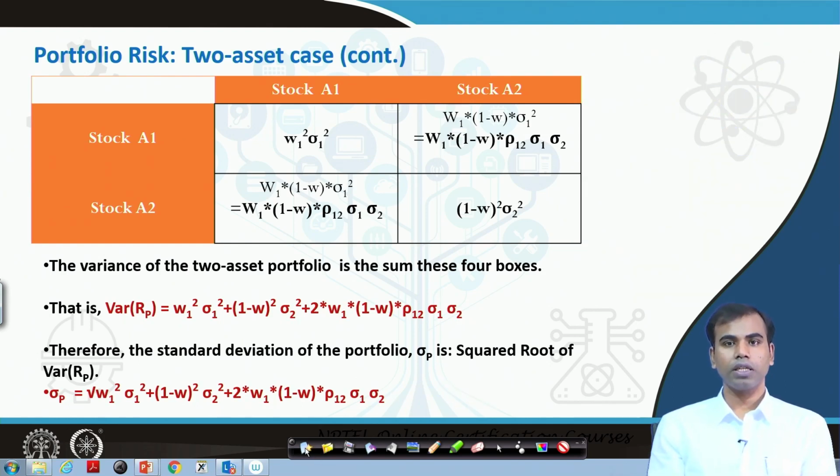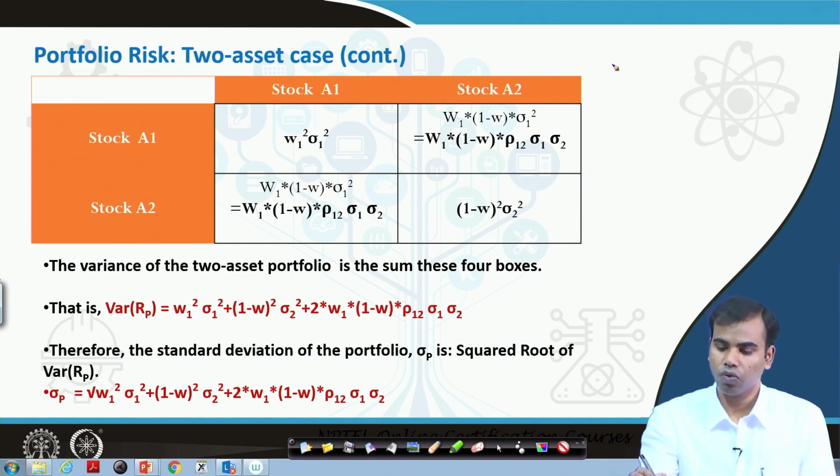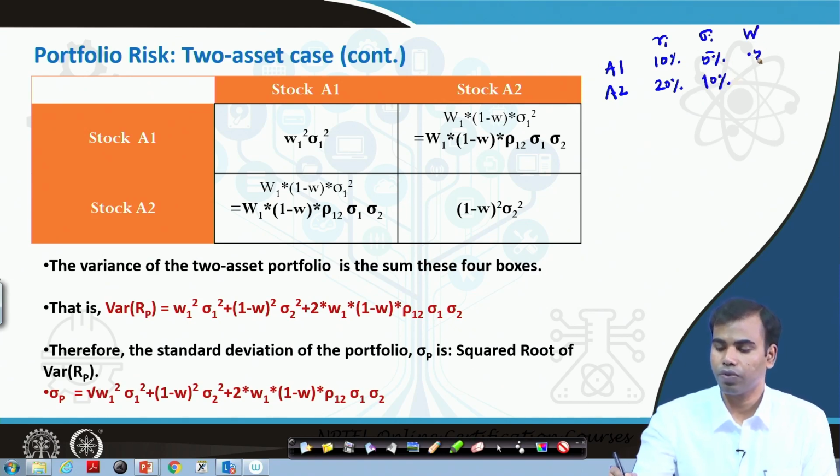So, if we take the example that we had started in the beginning, we had two assets A1, A2, for which we had return as 10% and 20%, sigma as 5% and 10%, and weight as 50-50. So, if we try to calculate a portfolio of